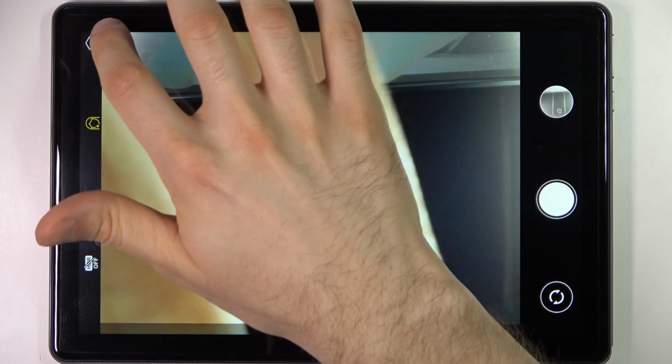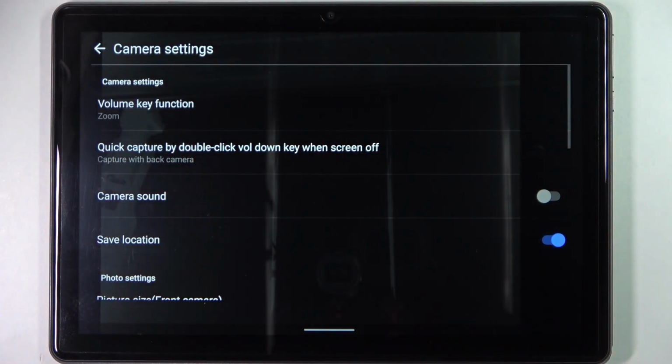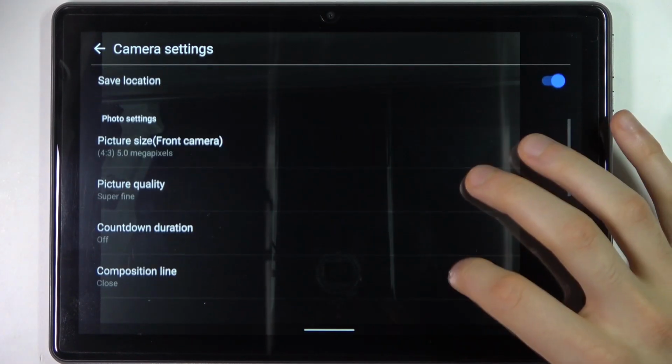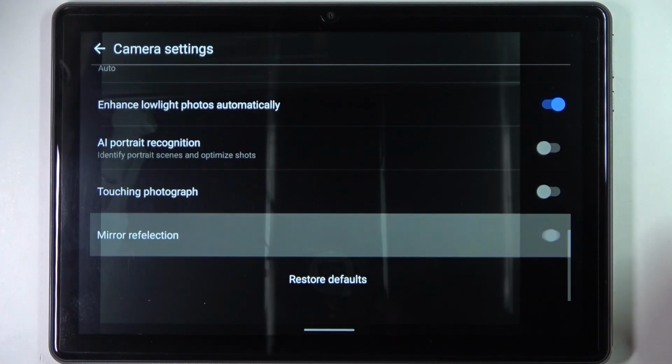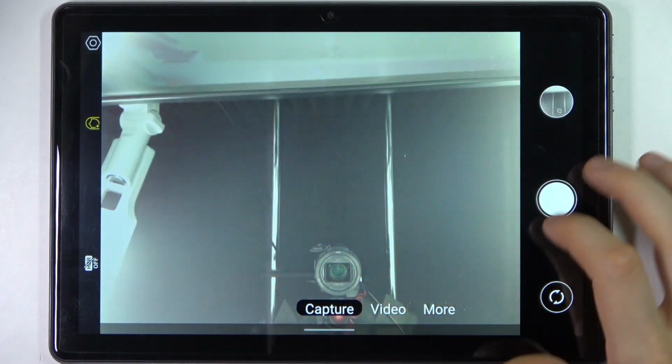And now to disable it, you tap on the gear icon to access settings. And here you have to find an option, mirror reflection. You just disable it, and now,